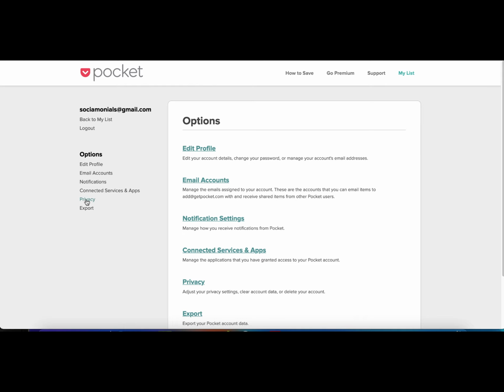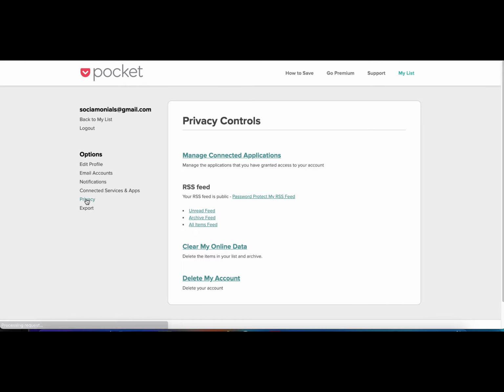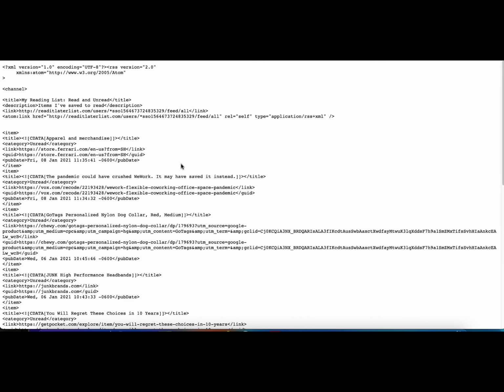In Options, you're going to go to Privacy. I don't know why they put it here, but within Privacy, you're going to see something called RSS Feed. I like to just use the All Items feed. So click on this, and it will show you the whole feed. All you need to do is copy the URL of this feed, and then head back over to your Sociamonials